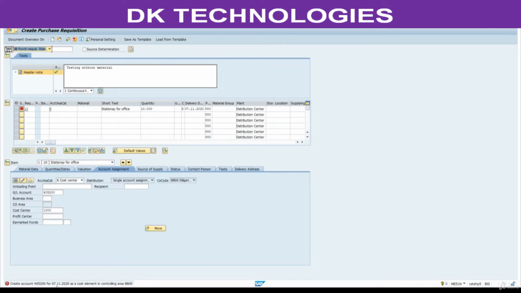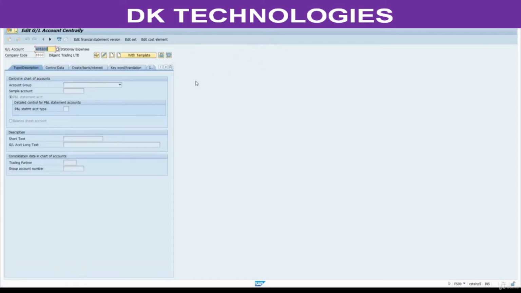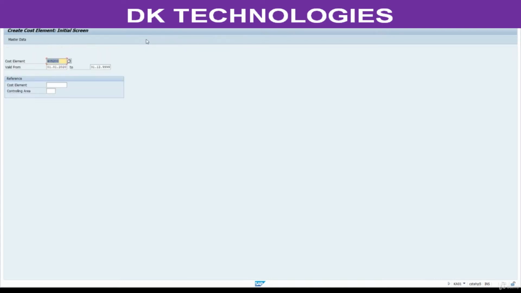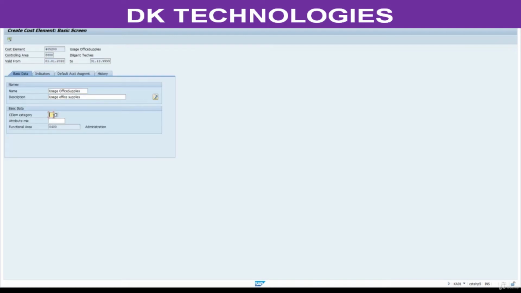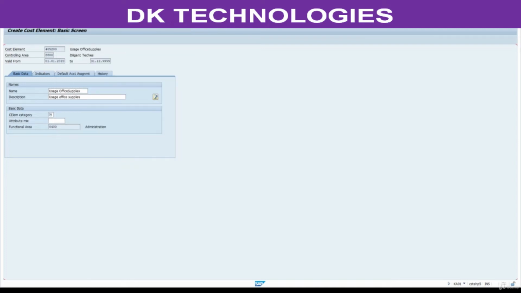Create cost account for 7-1. So system is saying you have the GL account but you didn't create any cost element for this one. This is part of master data in CO. Go to FS00. Enter your GL number here. Click on this one, edit cost element. Press enter. Select here one. Important thing here: select primary. Here change the description in controlling.